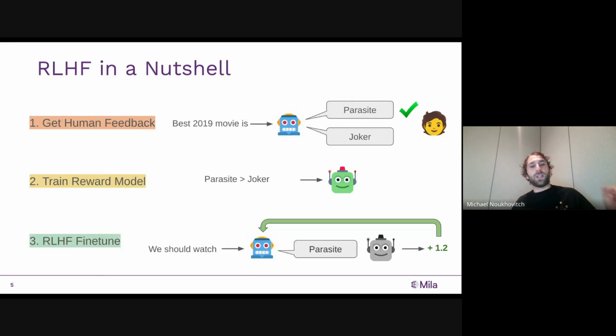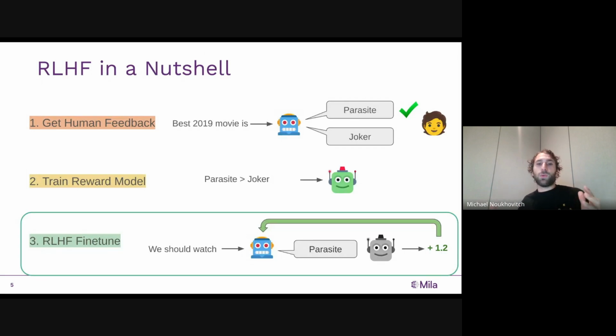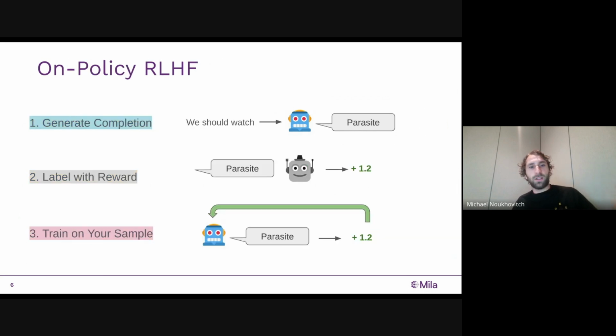And we're generally going to take a prompt, we're going to generate from our model, we're going to get a reward for that prompt, and then we're going to update for that prompt. So we're going to focus efficiency-wise on this last piece, this kind of RLHF fine-tuning or RLVR fine-tuning equivalent. And breaking this thing into three pieces, it's really generating a completion, labeling with the reward, and then training on